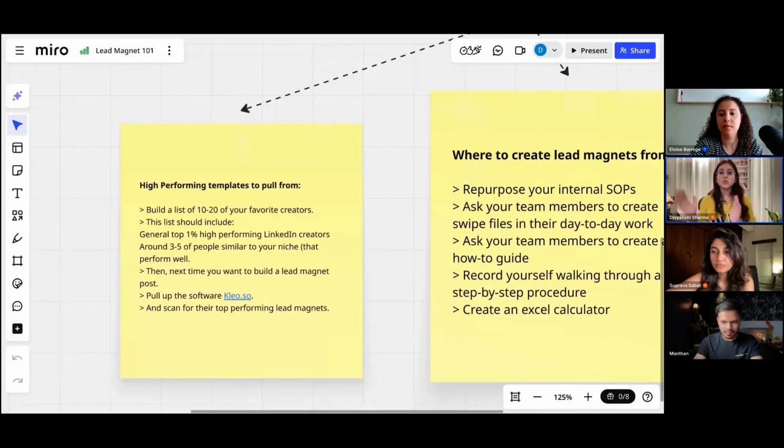Now what you've got to do is feed these viral lead magnet posts to ChatGPT. It doesn't matter whether it's paid or free ChatGPT. Ask it to templatize these posts, and it will give you the templates of all those viral lead magnet posts, and you will be good to go. You just need to put in your words and your posts are ready.